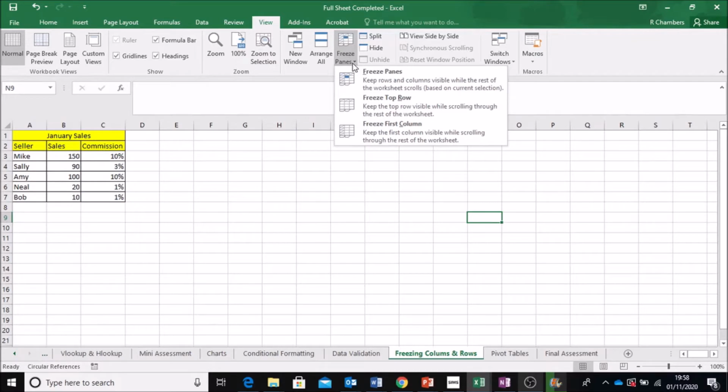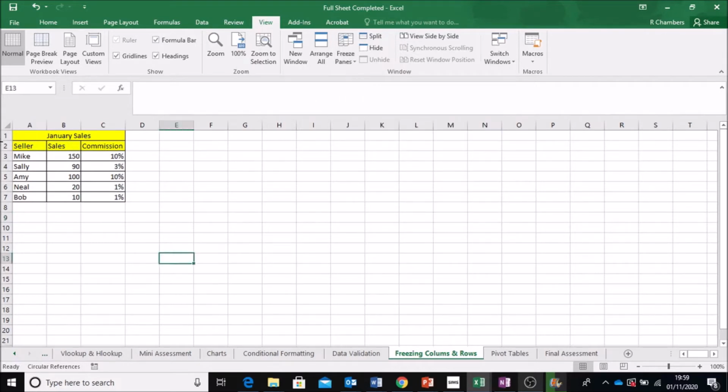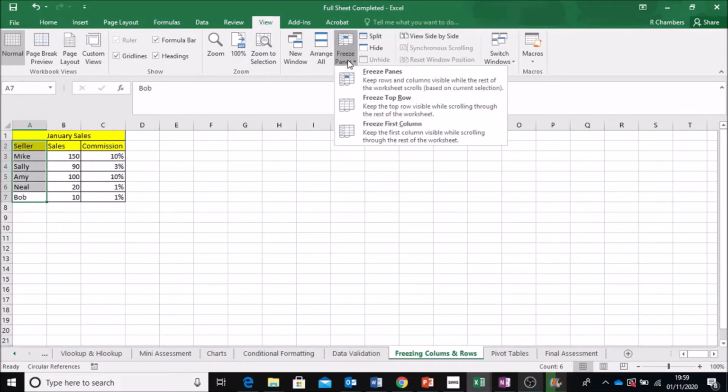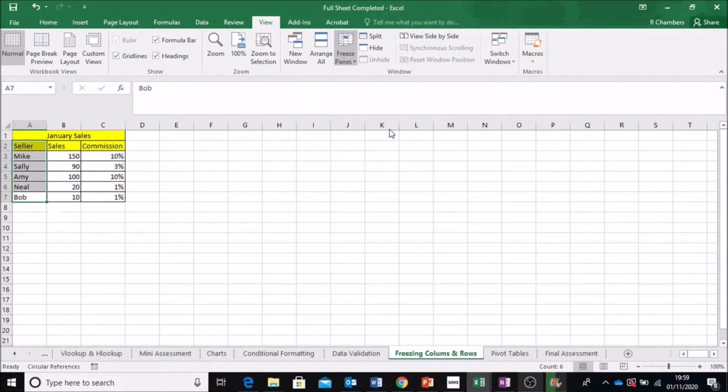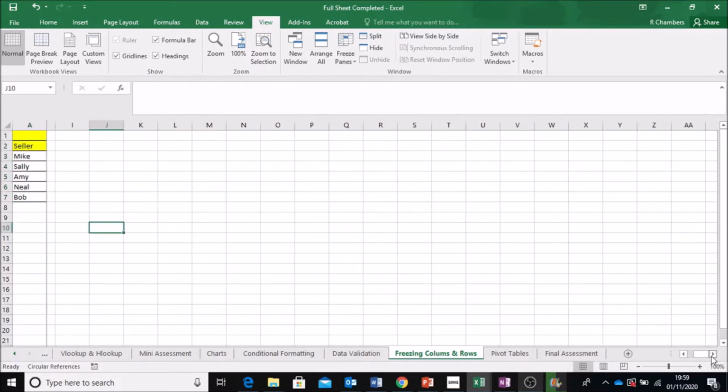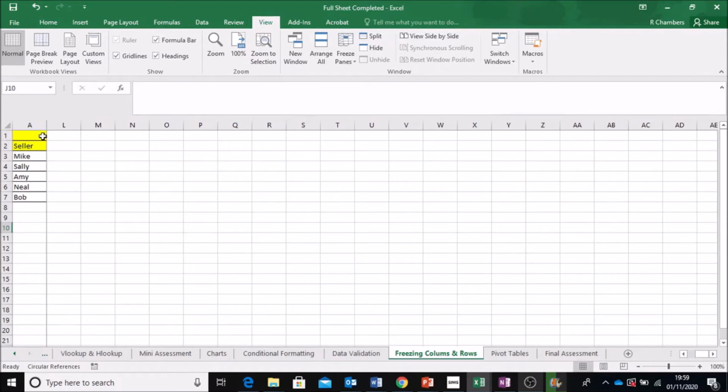Now what this does is, this is a cool feature. So I might want to freeze the first column, all right? So what I'll do here is I'm going to go to Freeze Panes. I'm going to freeze the first column. Now what that means is every time that I move along, I still have the person that I was